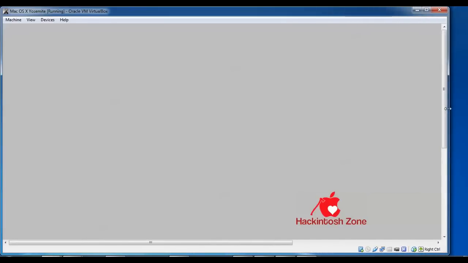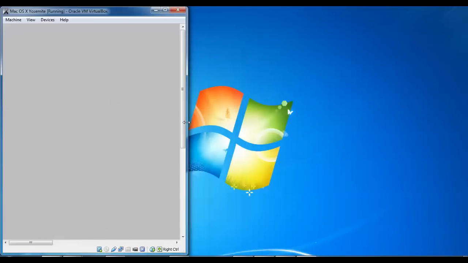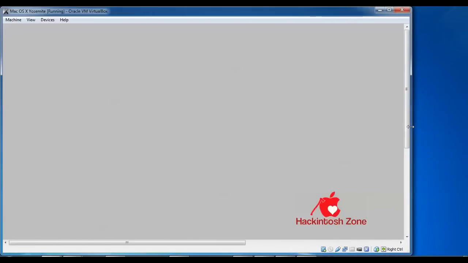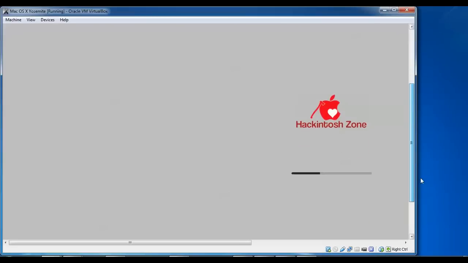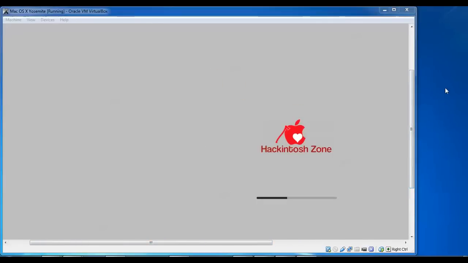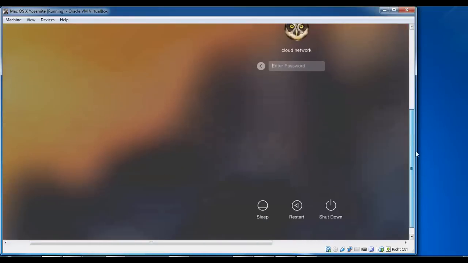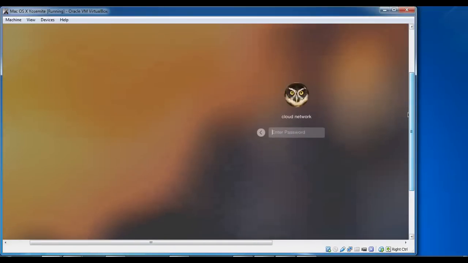You can see it is working fine. It's coming full screen also here. When I put a small screen, it is coming full screen, so you can see it's logging in, it's booting. So this is how you can make a full screen resolution. Finally we need to log in here with the username we created. Just enter the password here, press enter here.